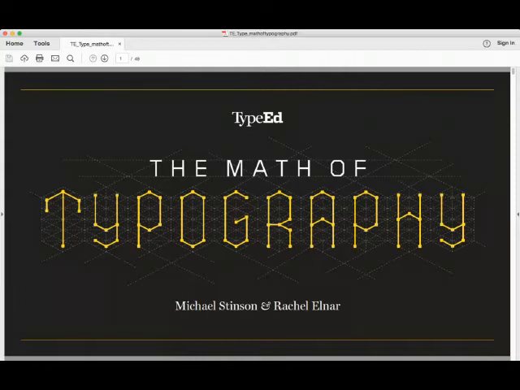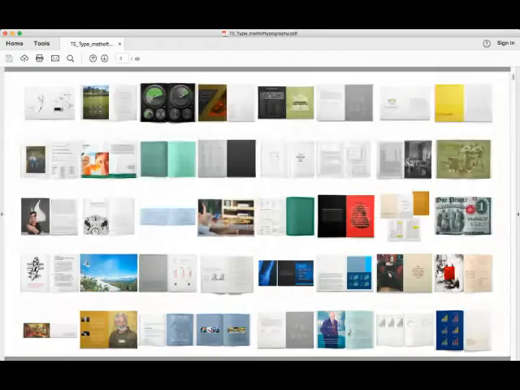All right. So I'll take you through this. It's not going to be word for word from TypeCon, but let's see. For us at RAMP, most of the time we design projects that end up being printed. We do digital too. But my background comes from annual reports and 20 years of doing a lot of those. And here's a few. I think I'm up to 76 or 78 at this point in my career. And they're a wonderful process, a wonderful vehicle to deliver a story. And they come in all shapes and sizes and printing methods, and they're a lot of fun.